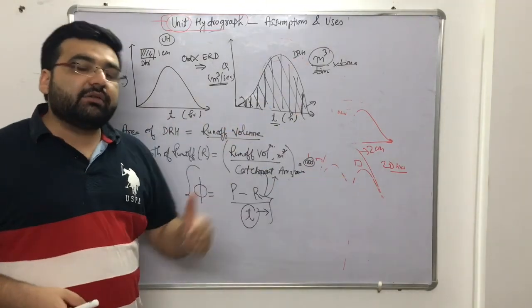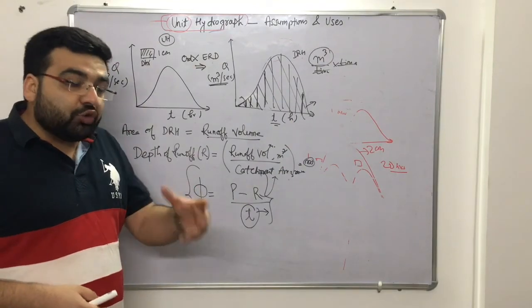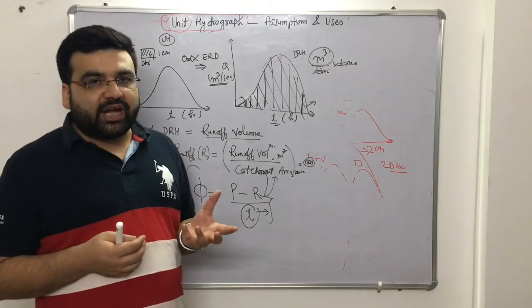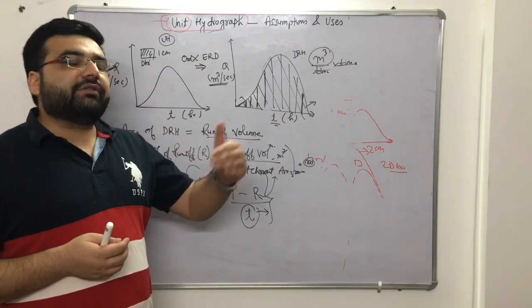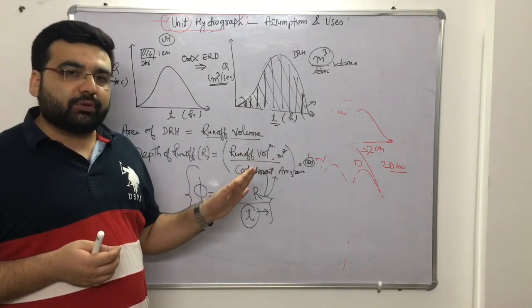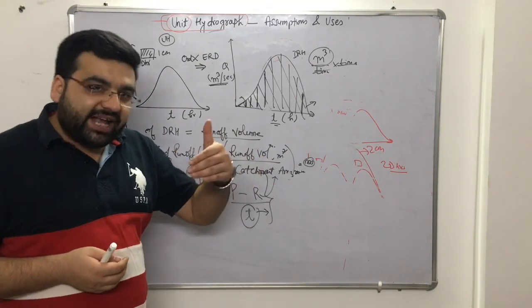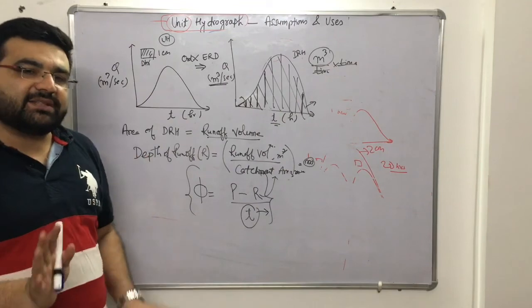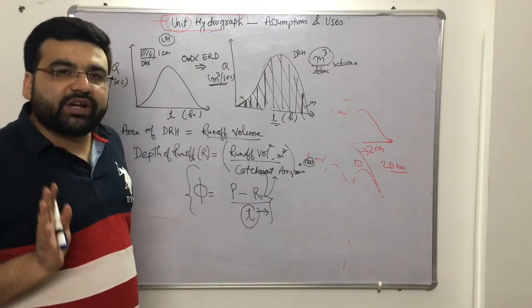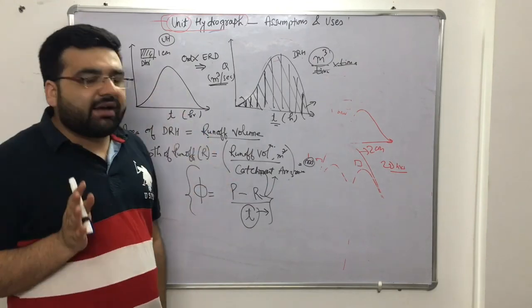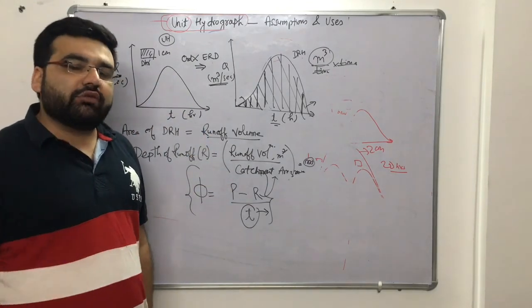After that I will be teaching you about the method of superposition, right? So the method of superposition is also of two types. If it is a multiple of an integer, then we have a different method of superposition. If it is in fractions, we use the S-curve technique also. So what is the difference between them? I'll be explaining in detail. No need to worry about that. But first of all, let us solve a few numericals on whatever we have studied till now.